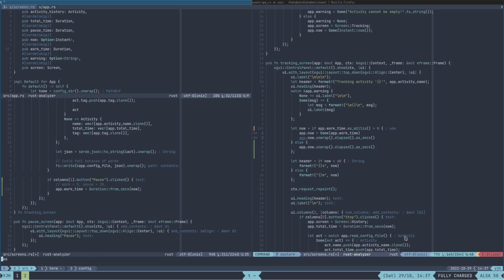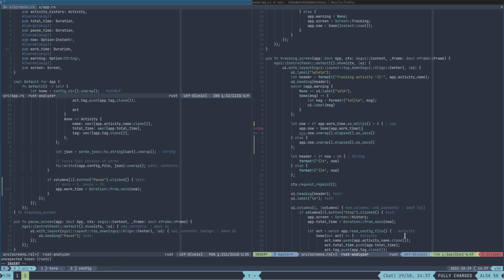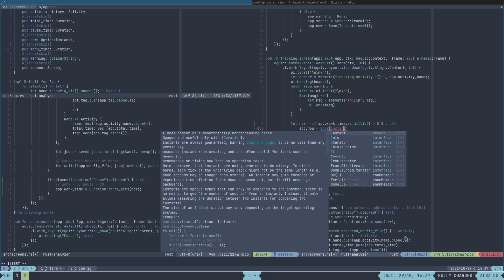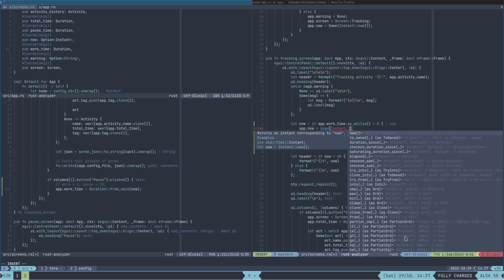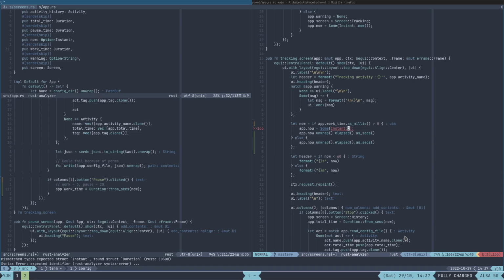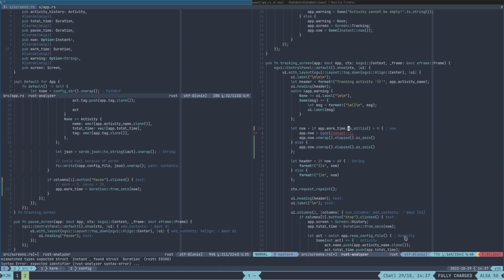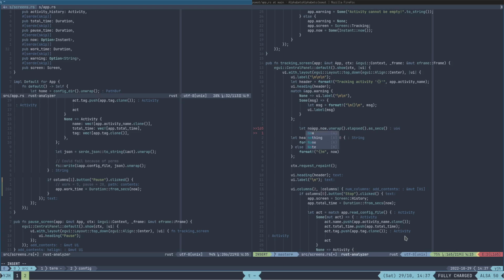Let's just put the millis thing in here. There we go. We got some instant, which is Instant::new. Hold on. Instant. Okay, so